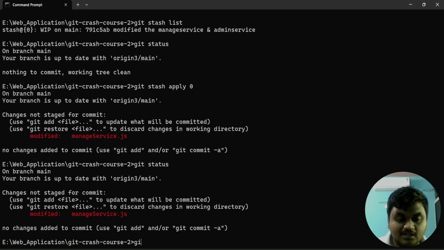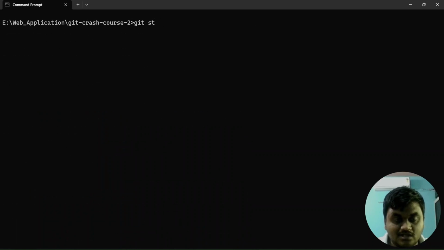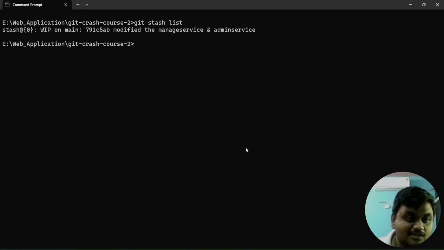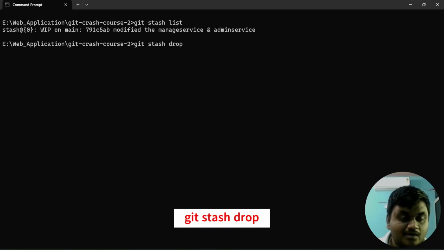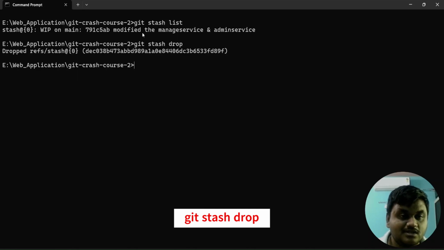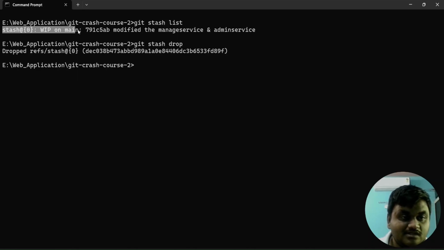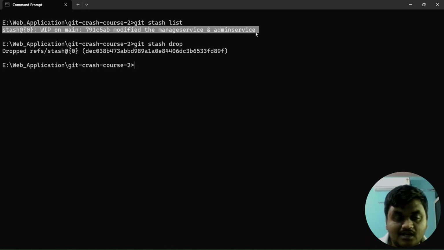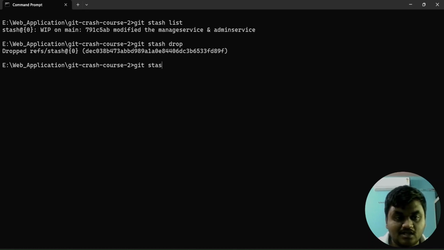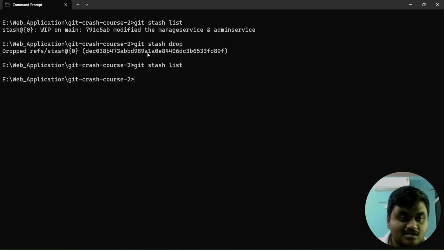If you run clear and git stash list, we have these changes again. But if you want to remove them, there is a command called drop. Using this drop command, you can remove the saved changes from the list. After removing, you can check the git stash list also. The saved uncommitted changes are removed. If you go to git status once again,